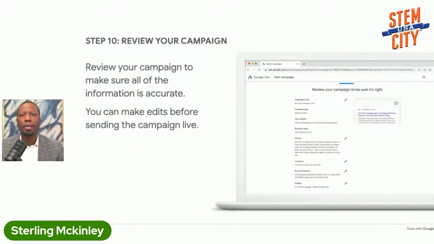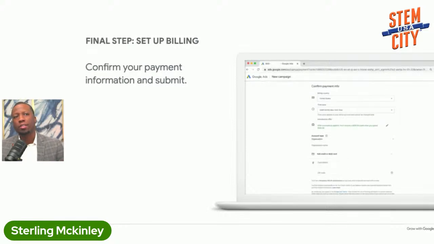Step 10, review your campaign. So you've gone through all the steps, you made a great ad. But the last thing you want to do is hit publish on an ad that has a mistake, and you mistakenly send your customers to the wrong address, or you have the wrong keyword theme, and so on. So before you press continue, before you press send, make sure that your ad is accurate and all the information makes sense. Why? Because if not, you're going to lose money. So make sure that your ads are accurate and informative and giving your customers the correct information they need to make a purchase. Final step is to